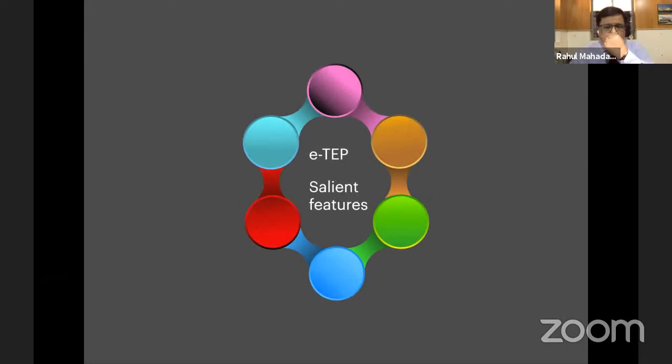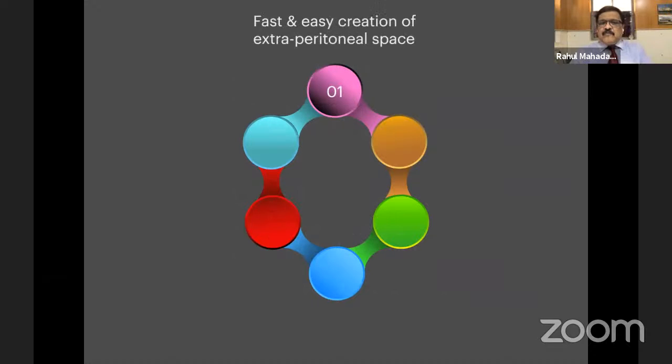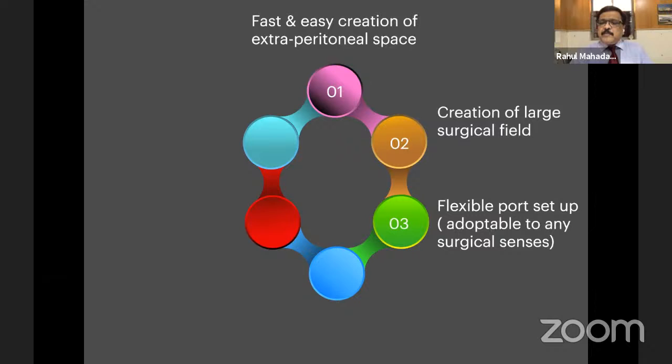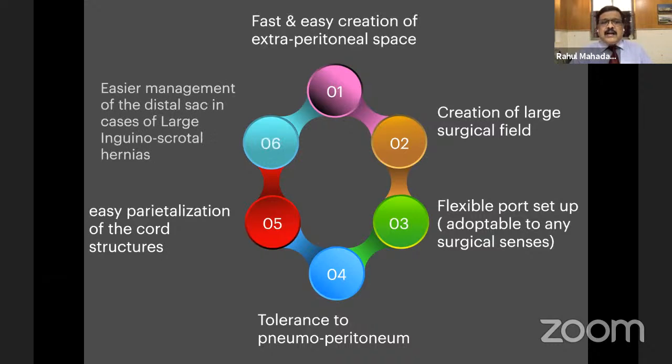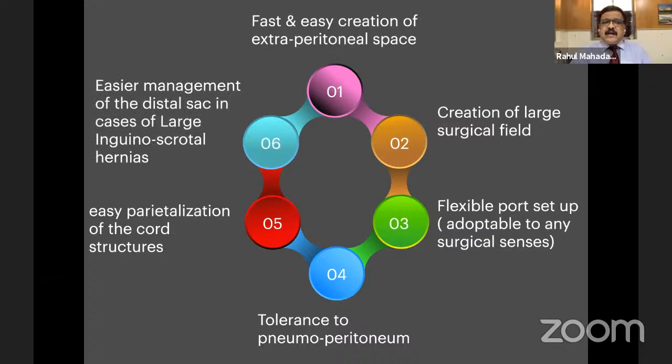Now, eTEP has salient features. First is a fast and easy creation of extraperitoneal space, creation of a large surgical field, then flexible port setup, which is adaptable to any surgical scenario, tolerance to pneumoperitoneum, then easy separation of the cord structures, that is dissection of the hernia sac from the cord structures, and easier management of the distal sac in the cases